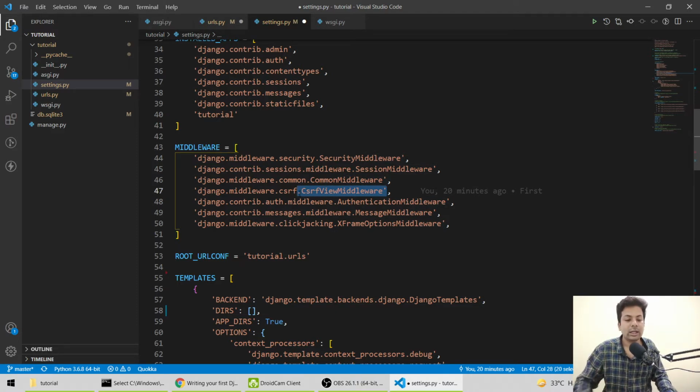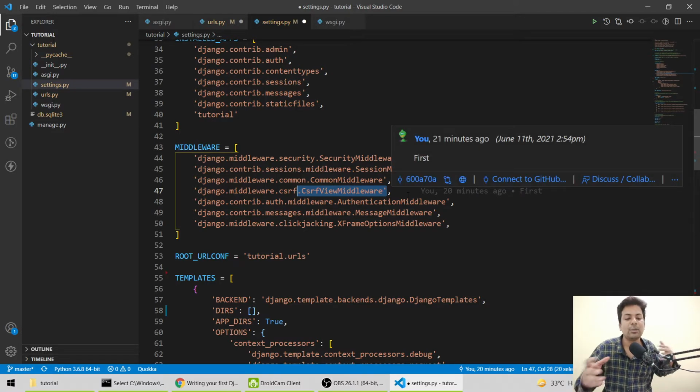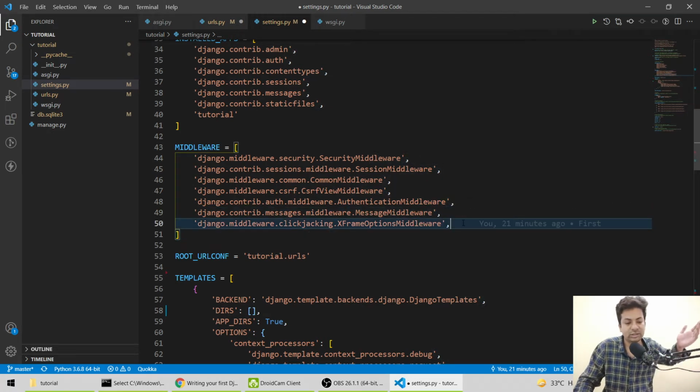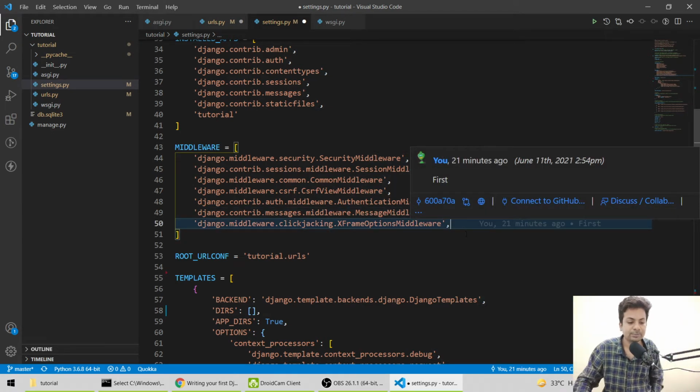It's for the security of forms, so that no one can, I just can't explain it, like Selenium automation, they just put data inside the forms, so that's why we use the CSRF token in forms. Then authentication, messages, X-Frame, these are not necessary, just telling you.